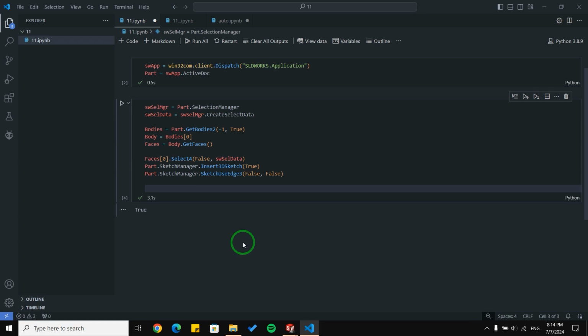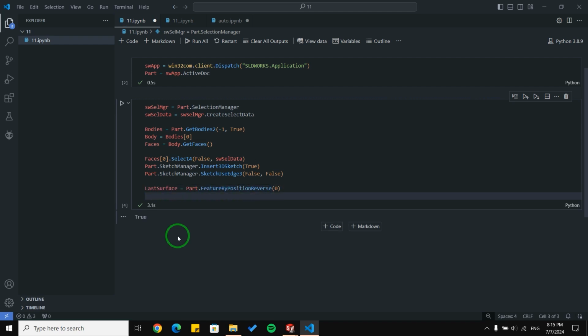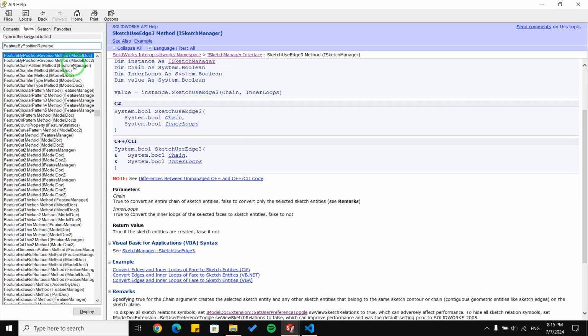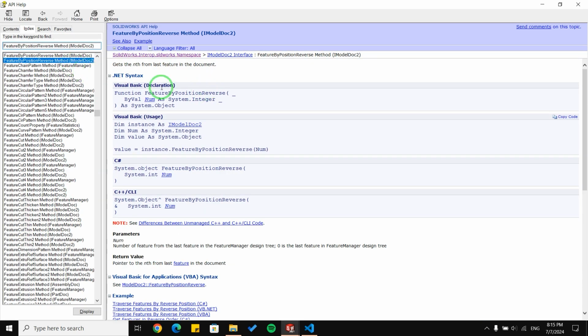We have a function in SolidWorks that enables us to select the previous object we created. Let me code it here. This function is called FeatureByPositionReverse, and if we search it in API help here, it gets the nth feature from the last in the document.